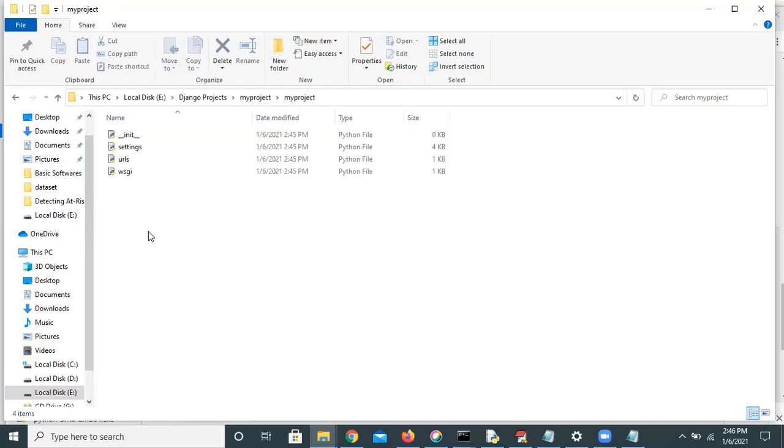What are those files? First, we have the init file, settings file, URL file, and WSGI file. So these things we will see one by one. This is the structure. Automatically, it will create.